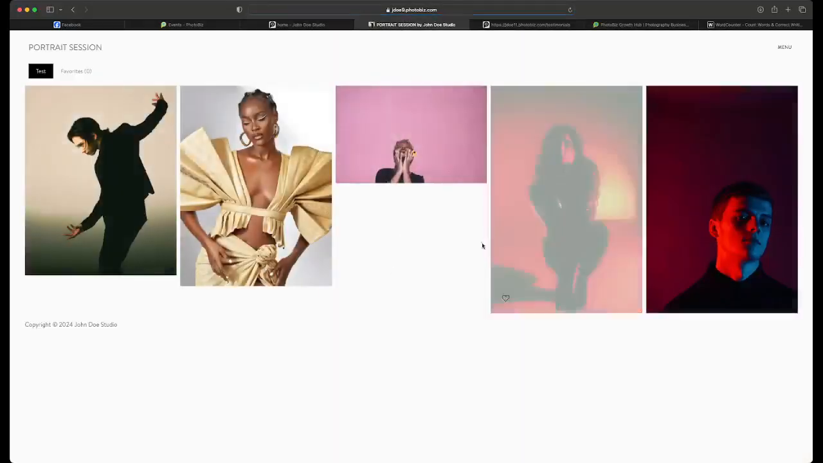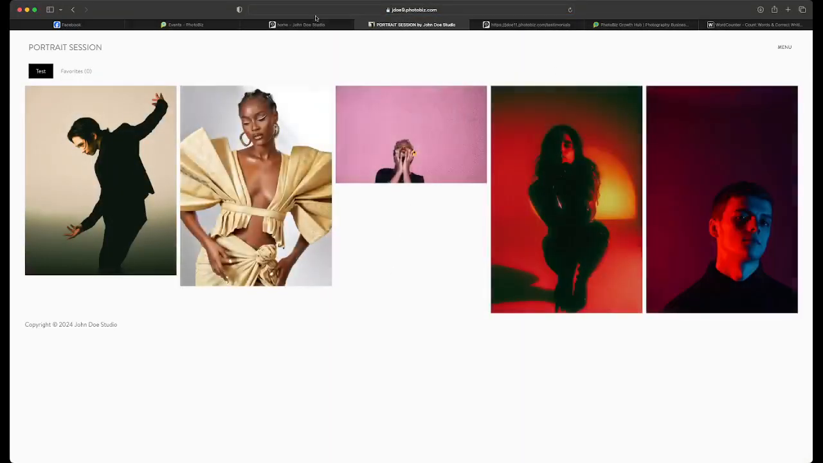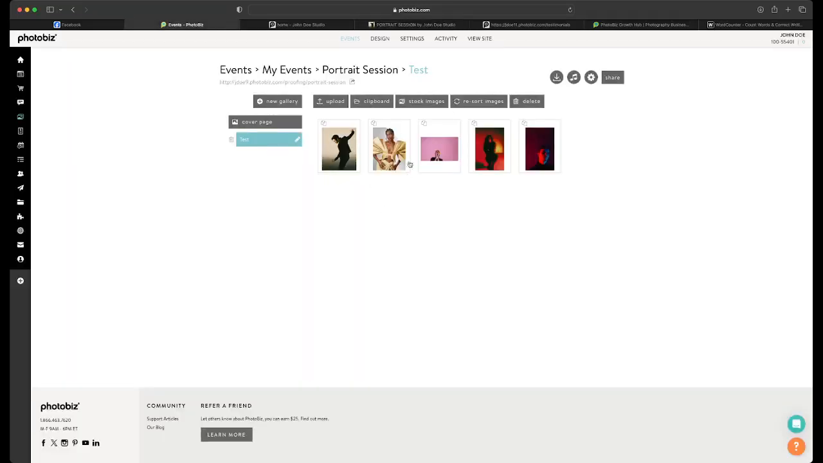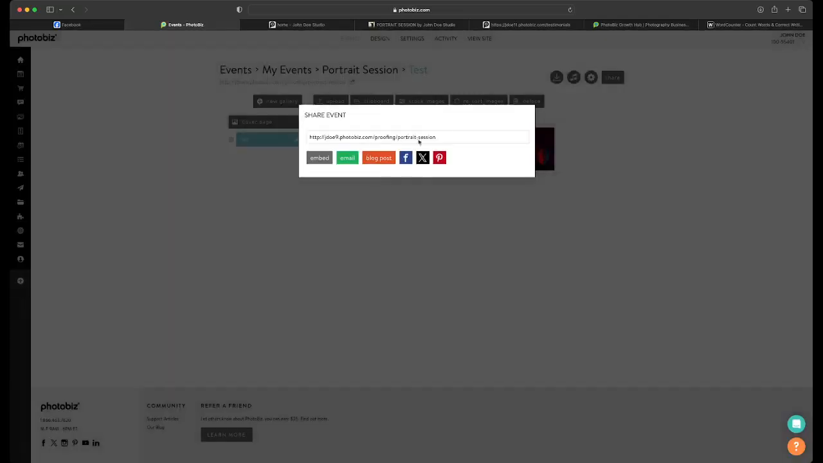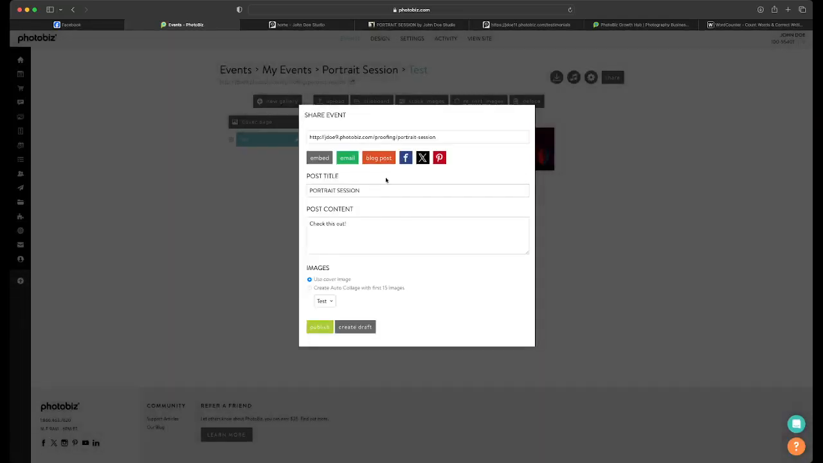Now, when they go to look at the client gallery, they can choose and see everything else. Looks great, right? But if I want to share this gallery's images as blog content, you can do that as well. Very easy to do. You just click on the share icon up here when you're inside the gallery that you want to share. And then you can click on blog posts. You can create an entire blog post like